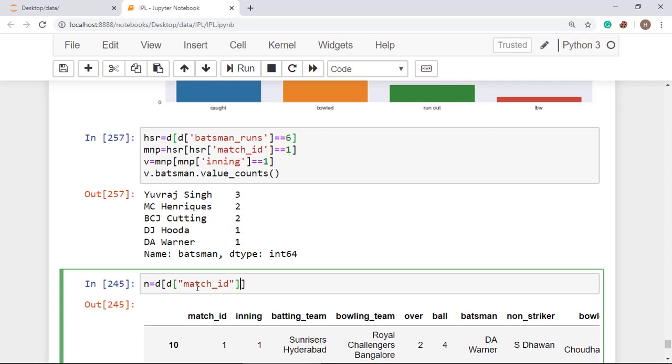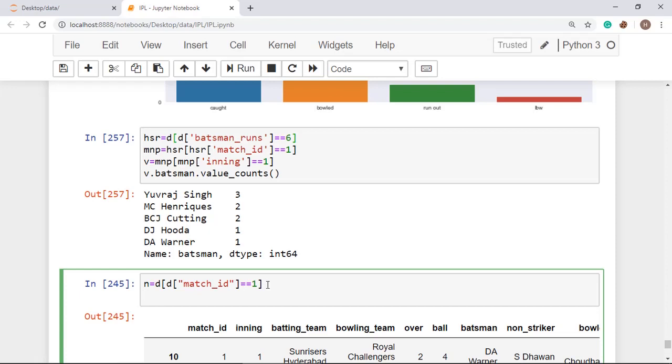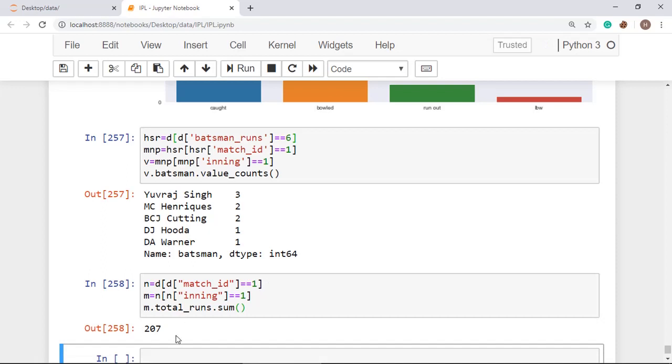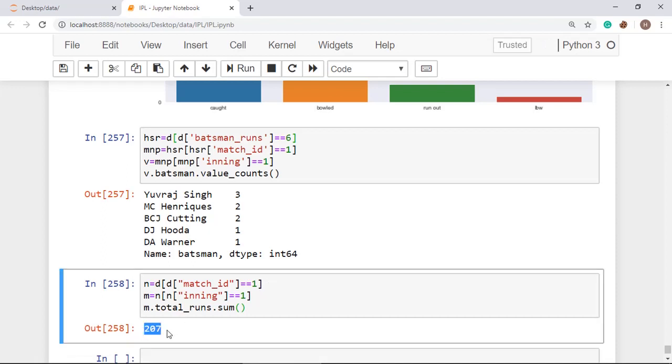Now I am taking a variable m where I take n, and here I take inning equal to 1, and here I will consider m dot total runs, and dot sum, and this will give me the total runs in that particular inning or match.